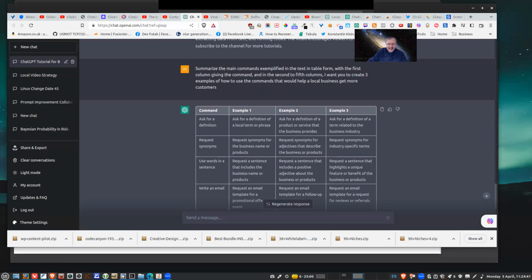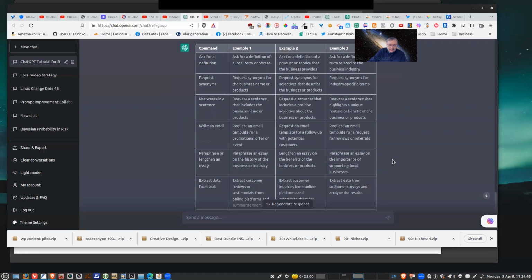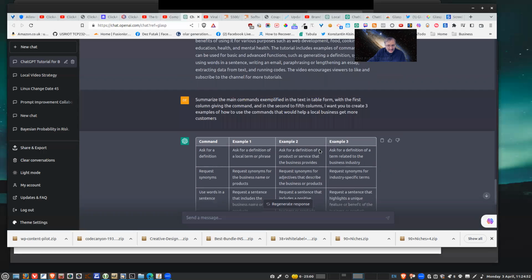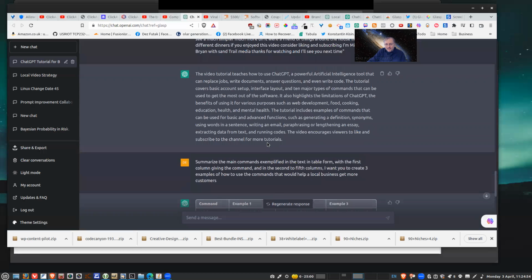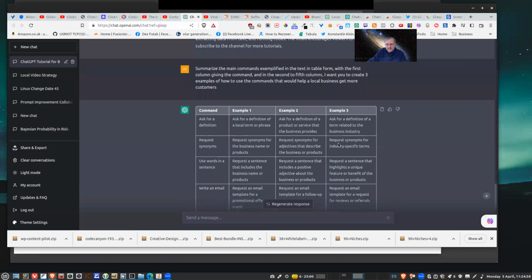That's not a very handy acronym, but anyway, knowledge, understanding, and communication, I think, are the 3 areas where it obviously shines. And that can be in any particular field. And bear in mind, obviously, it will happily hallucinate and make things up. So do check what the output is. Don't assume that it's telling the truth, because it's just a large language model.